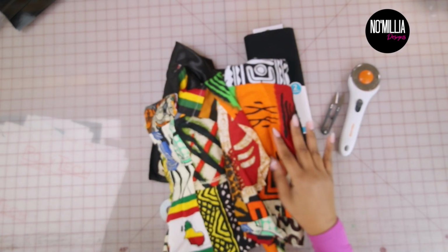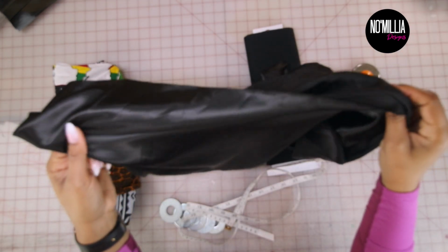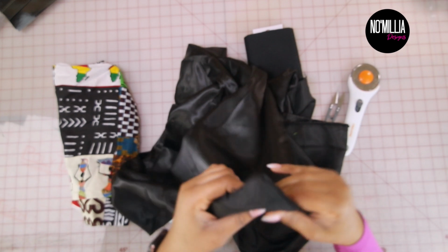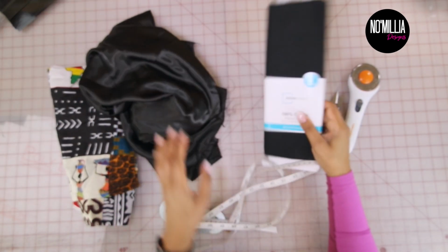So this is a highly requested video, the surgical hat. I already did the bonnet, now we're going to do an actual hat. I'm going to do this the same way that I did the bonnet. I wanted to do it with a satin lining instead of a regular fabric. If you want to do two fabrics, you totally can, because guess what guys? This is fully reversible. So I'm just showing you the ingredients,